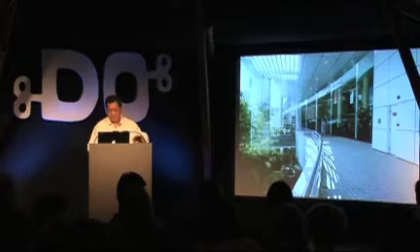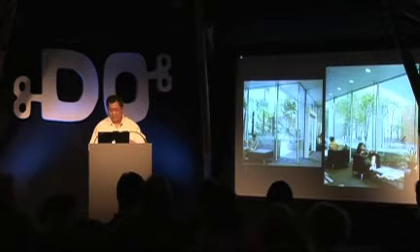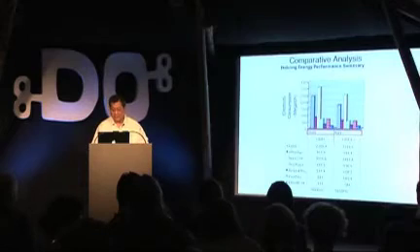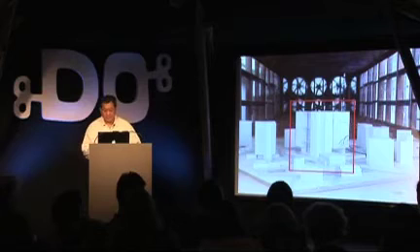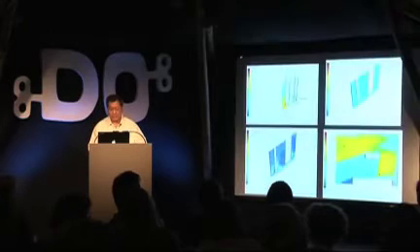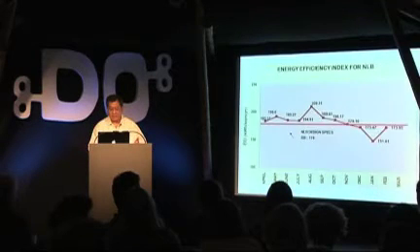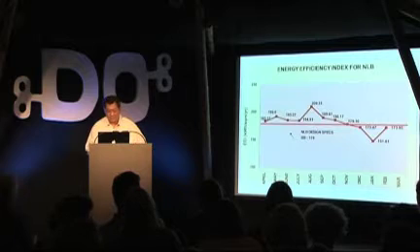This is the view from the ground plane. You can see the eco cell on the left-hand side, and at the lower floor where the library is, you can see people actually using the space. You can get daylight coming in. The building was simulated in the process of design. We put it through a wind tunnel test, and this is what it looks like inside the wind tunnel. We also simulated the daylight and the energy efficiency.